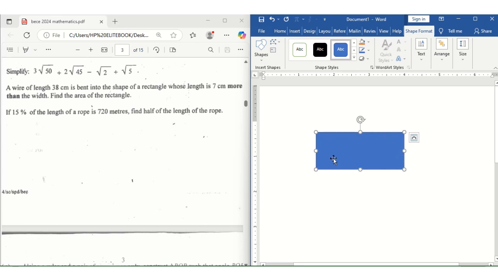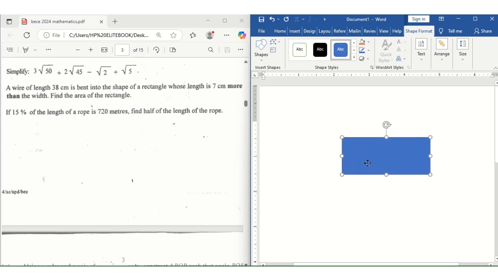They said that the length is 7 centimeters more than the width. That means the width is a variable w, and then the length will be 7 plus w, or w plus 7,